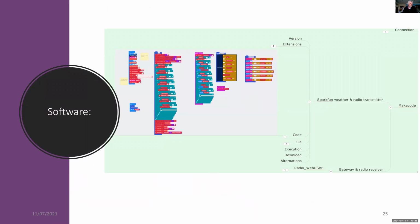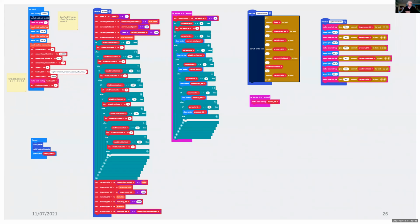So for the software, for the Sparkfun weather and radio transmitter, this is what the blocks look like on Microsoft MakeCode. And everything's in a modular arrangement, starting on the left with initializing parameters and setting up the functions on startup. The forever is simply a polling routine that waits 1 minute sample time before it goes and gets on the next column, which is a function for the